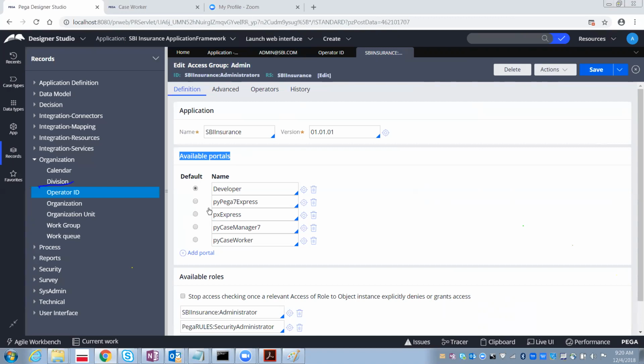For this particular access group: developer portal, the one which we logged in, Pega 7 Express portal, and PX Express, PY Case Manager 7, PY Case Worker. So likewise various portals available. So these all are the portals this operator can switch from here.